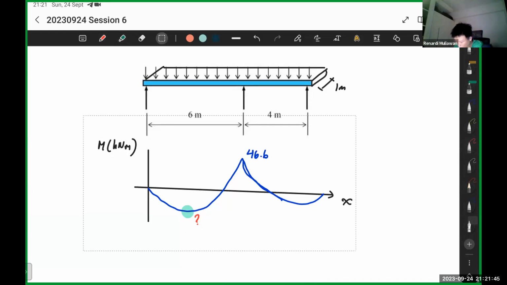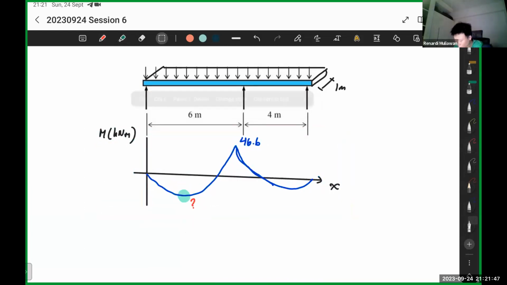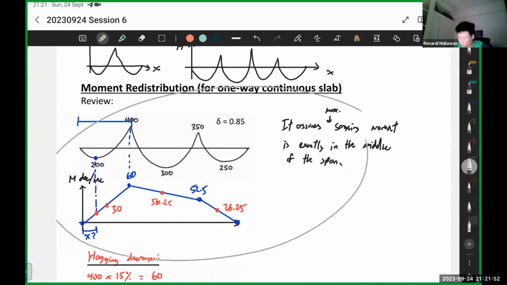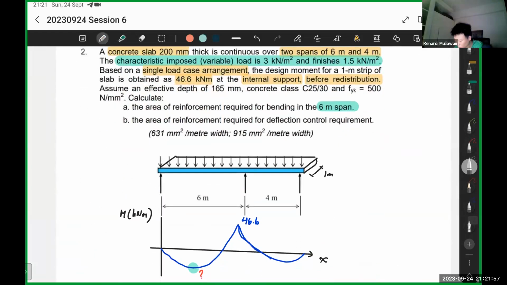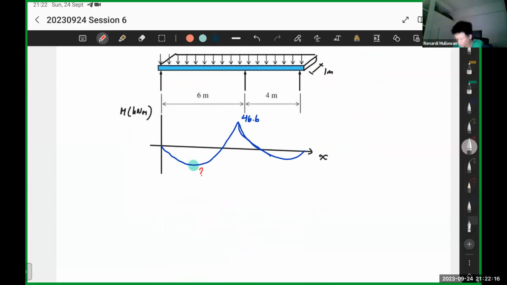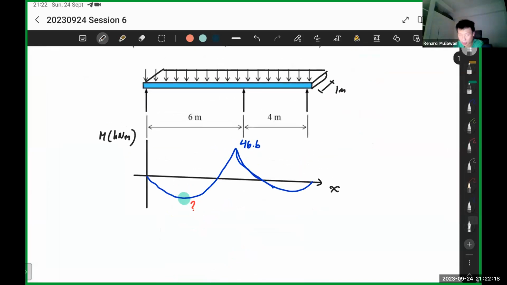Again, for this one, we cannot just simply use this technique. We need to do another technique. In this case, I've written on the first line: it's more accurate to refer to the shear force diagram when redistributing the moment. So instead of taking half, you actually need to refer to the actual shear force diagram. So how do you do it? First things first, you can do some